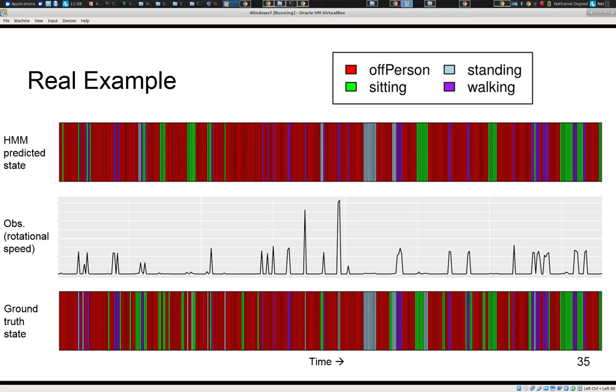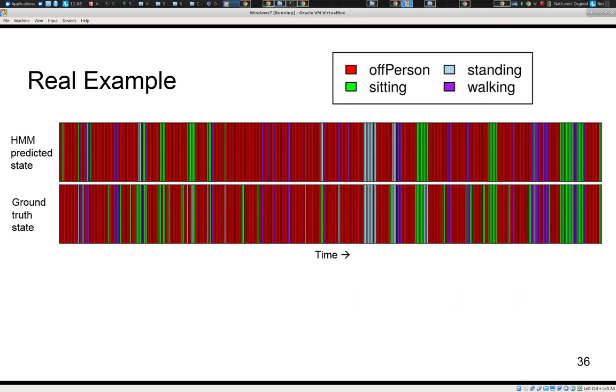While it gets certain bands quite right, it's saying that this period of, for example, standing is preceded by sitting, whereas in fact it was preceded by off person. It would often mistake off person for sitting because sitting is a lower energy activity, and it can look similar to off person, to a phone that's simply stored off person. Okay,